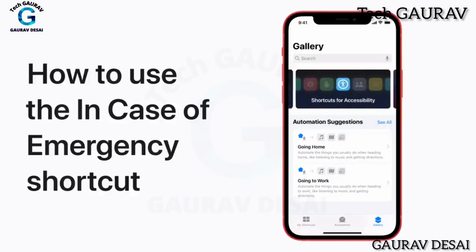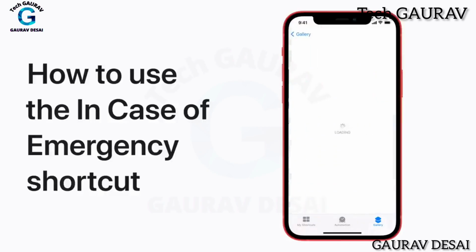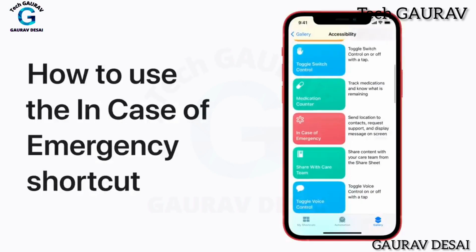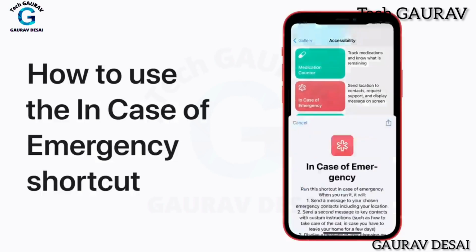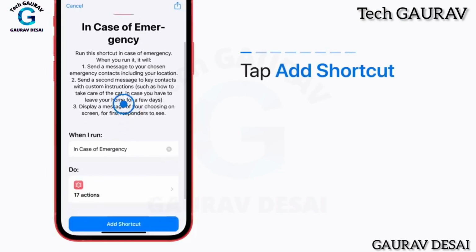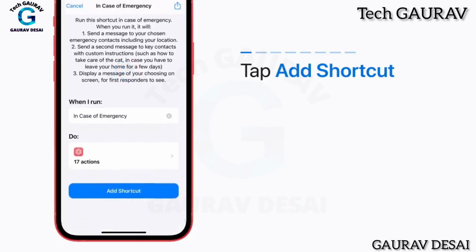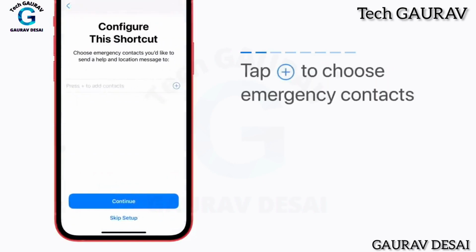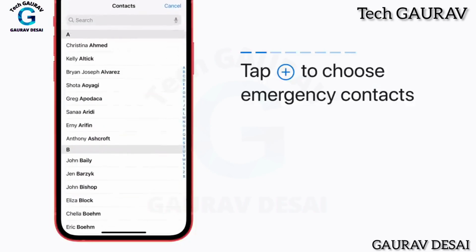You can customize the In Case of Emergency shortcut to let trusted contacts know where you are and how they can help you. Here's how to set it up. You'll configure the shortcut when you first tap Add Shortcut. Tap the Add button to choose an emergency contact who will get a message with your location when you run